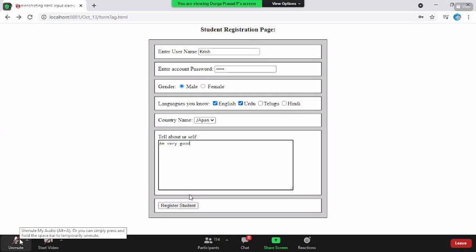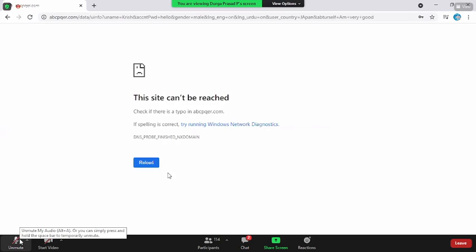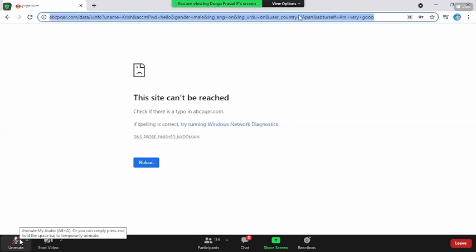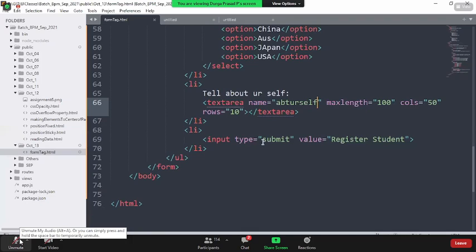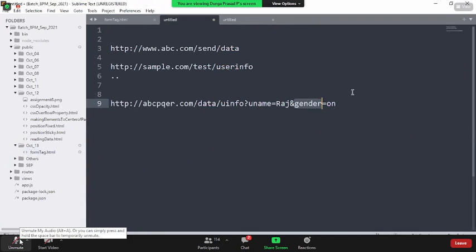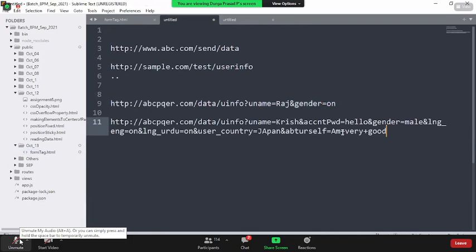Very good. Now, when I click on this register student details, do you see there is some new data being added to the URL? Yes. Let us go over here and see what data got rendered. This is the server URL you have given. Is it not appending the data you have given?